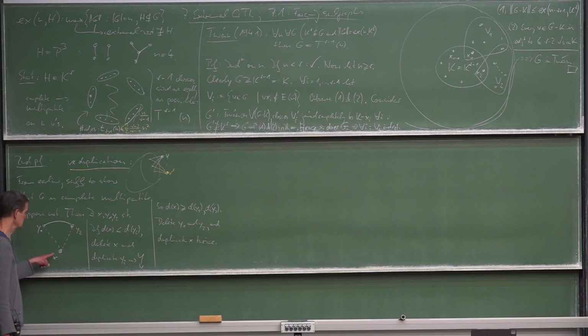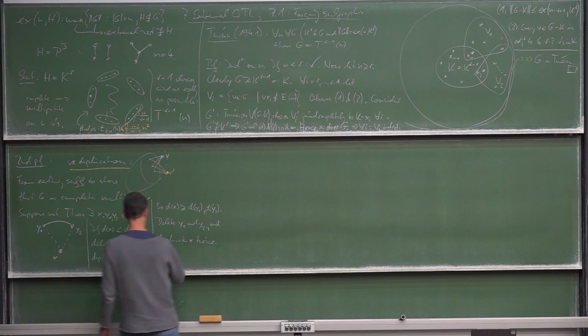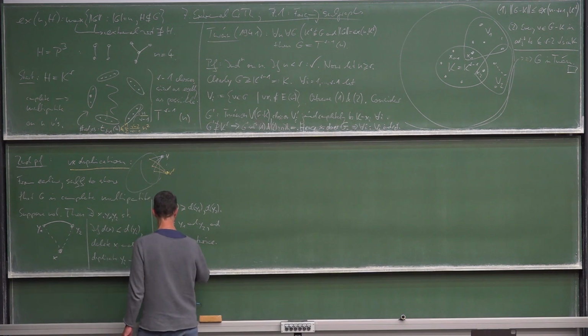Right, so what does that give us? How many new edges do we get? We get degree of x twice. Right, because when we have deleted y1 and y2, and we duplicate x twice, every time we duplicate x, we get degree of x edges in addition, because y1 and y2 weren't recipients of edges from x. Okay, so we do get, we gain 2 dx edges,